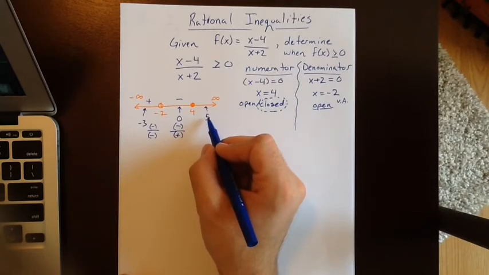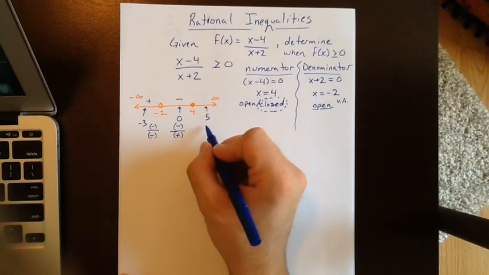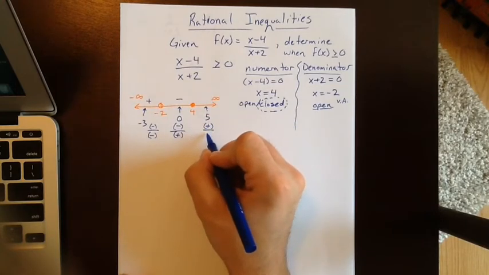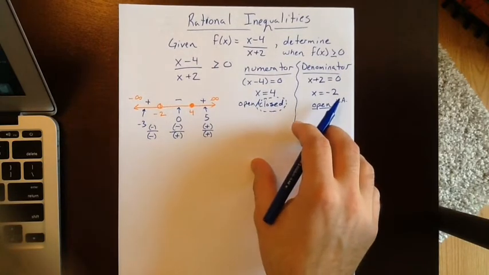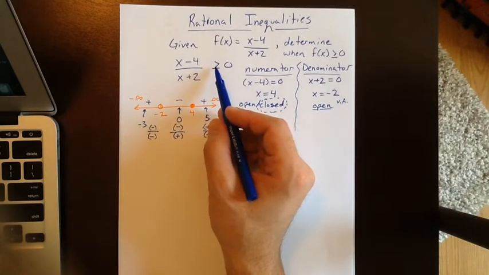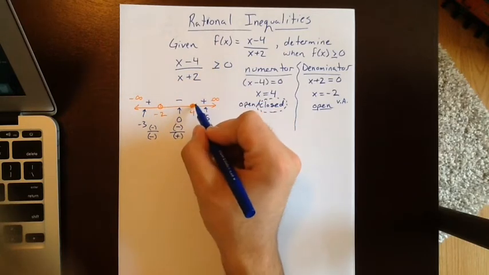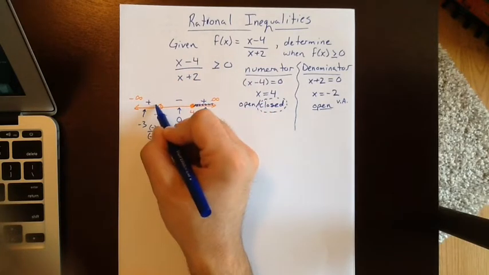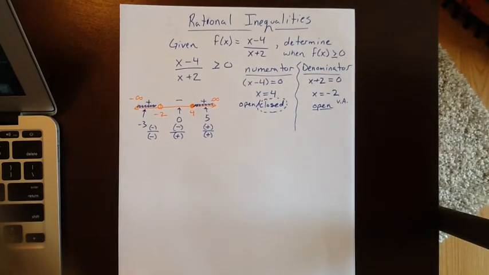Now let's try positive 5. Placing positive 5, we get a positive divided by a positive, which results in a positive. And according to our inequality symbol, we desire the regions that are greater than 0, or the positive regions. So that would be our regions on the outside,